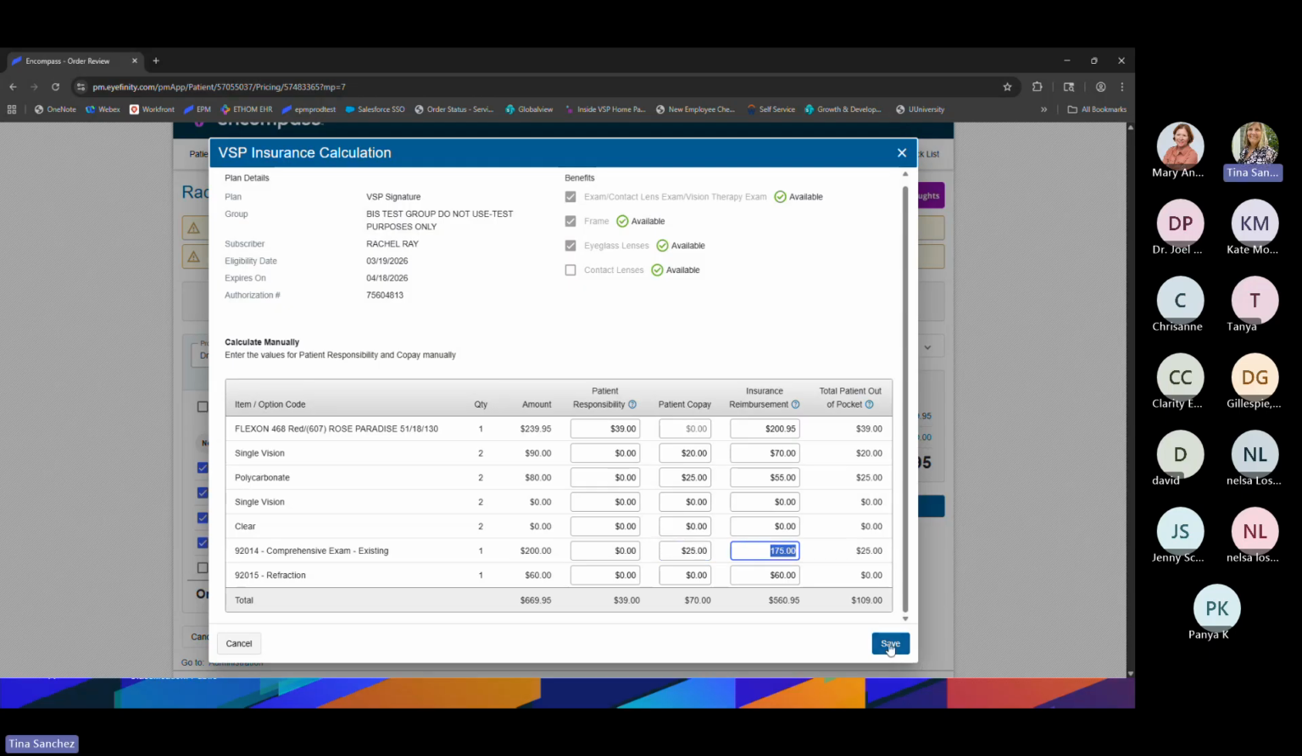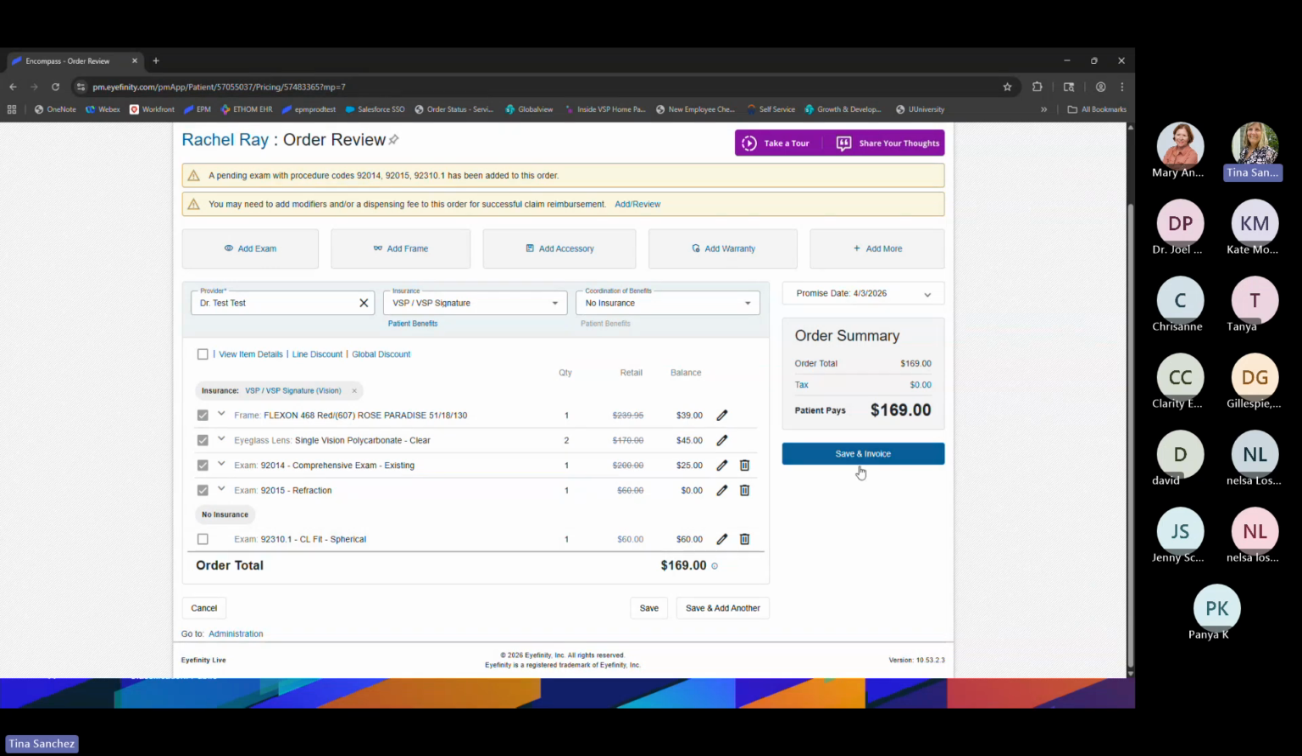Okay, so I'm gonna save this. And then, just like normal here, you can save an invoice. You will have messages just like you did before. If you need to, you may need to add modifiers or dispensing fees. It adds that up there so you can do the add review to add any of those additional items if needed. All right, so then we're gonna save an invoice in just a second, but you can see here that